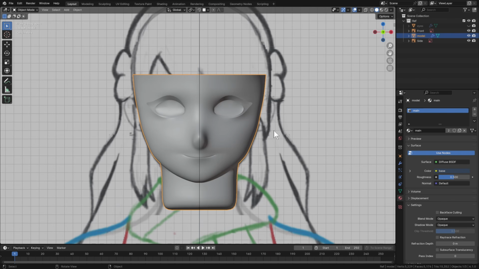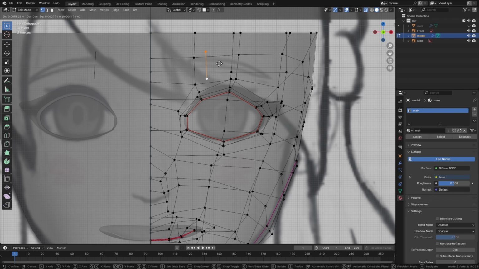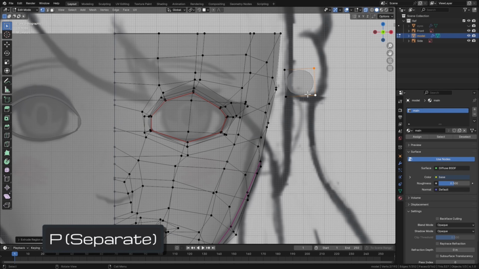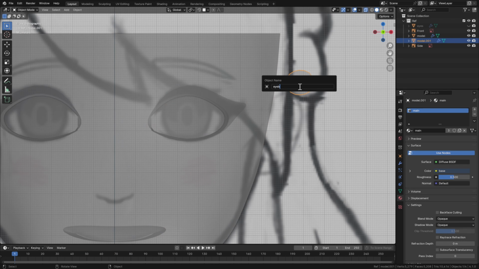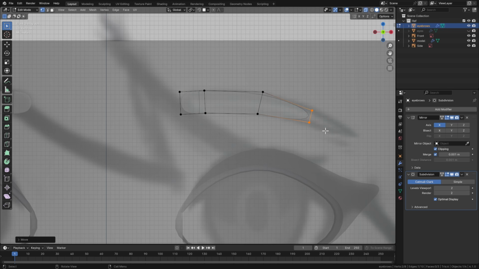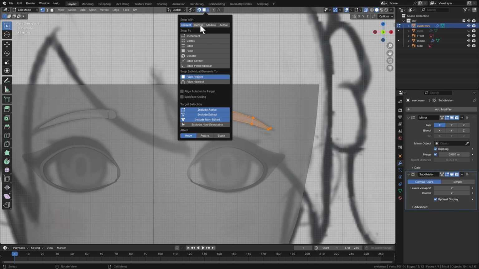Start by taking any edge or face on the head and duplicating it. Extrude if necessary to create a face, and then separate it by selecting from the head using the P key. Having the eyebrows separate for now makes it a bit easier to work with. Next, shape your eyebrow to the reference and extrude as many times as you need. Enable snapping once again with Face Project on, and with the whole eyebrow selected, press G and left click to